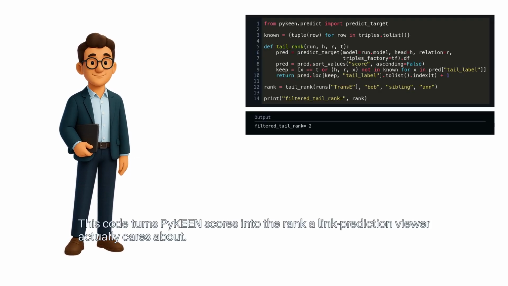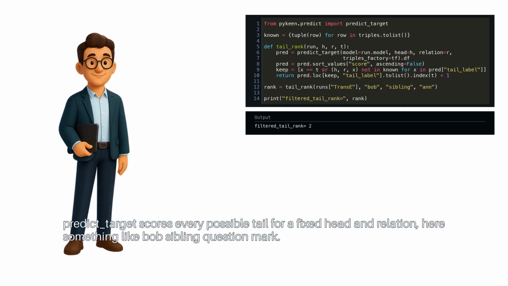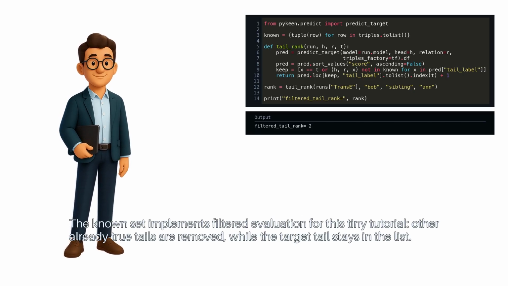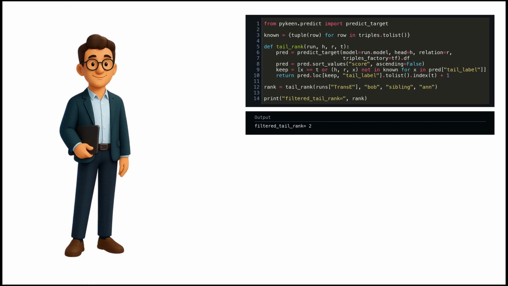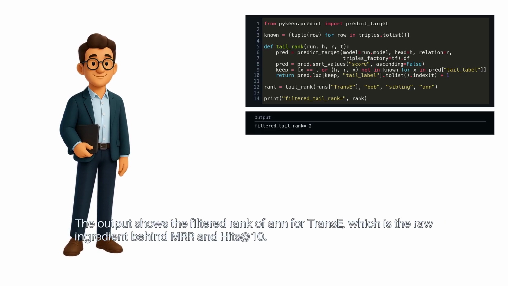This code turns PyKEEN scores into the rank a link prediction viewer actually cares about. predict_target scores every possible tail for a fixed head and relation. Here's something like Bob sibling ? The known set implements filtered evaluation for this tiny tutorial. Other already true tails are removed, while the target tail stays in the list. That prevents a model from being punished for ranking another known true triple highly. The output shows the filtered rank of Anna for TransE, which is the raw ingredient behind MRR and hits at